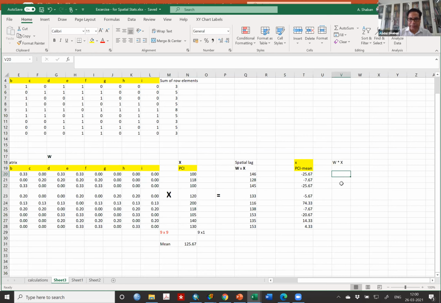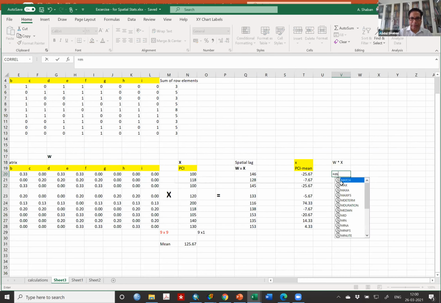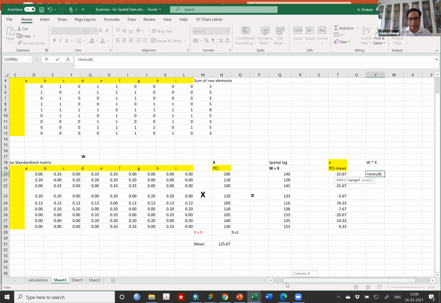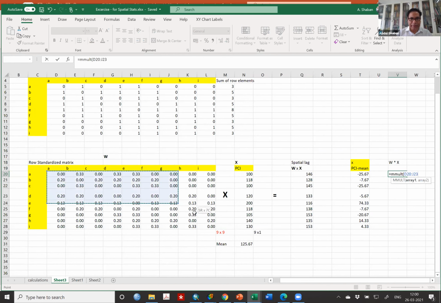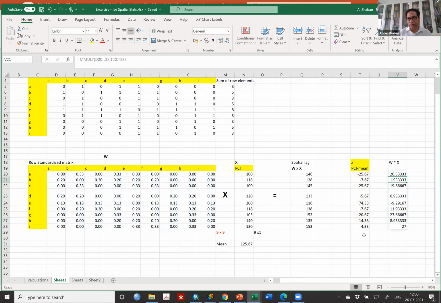Same thing you have to do here: equal to MMULT, and then you block your matrix here, and then you put a comma and go to the deviation you have calculated, this one, up to here, put the comma again, close this, and then press it.